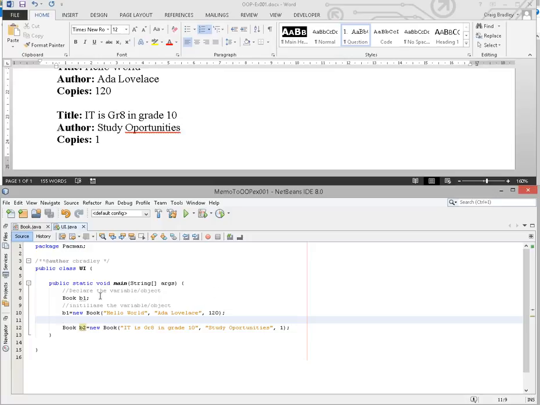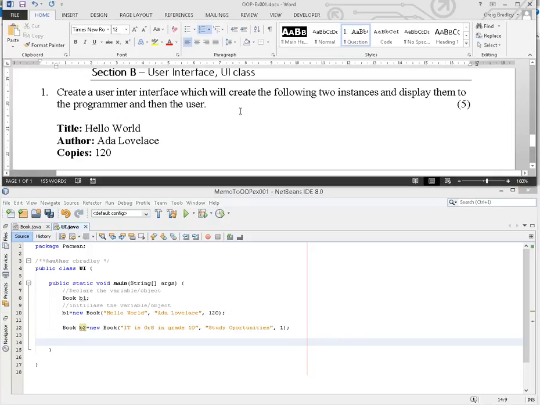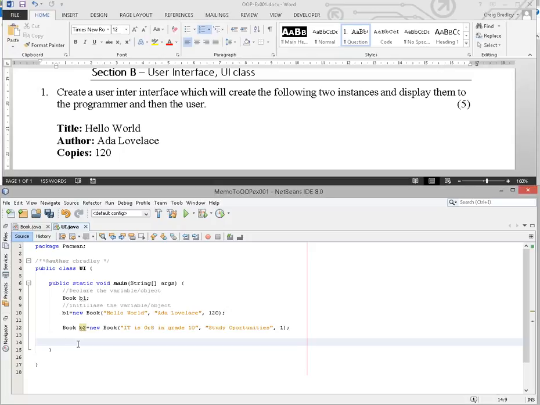It's just sometimes you might need to declare before you initialize, and in other cases you potentially could do this both in the same line. Okay, so now we have created those instances. Now the next part of the question says I want you to display them to the programmer and then to the user. So firstly, to display